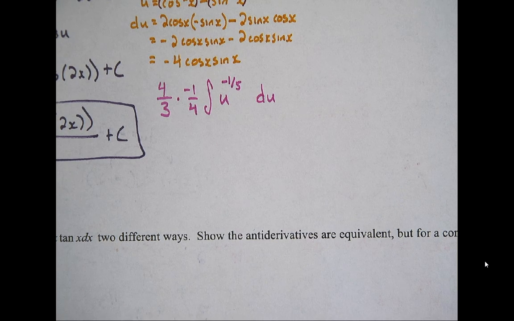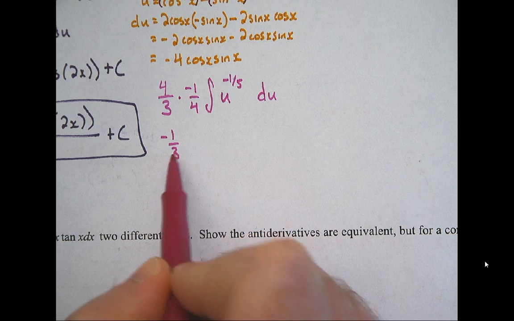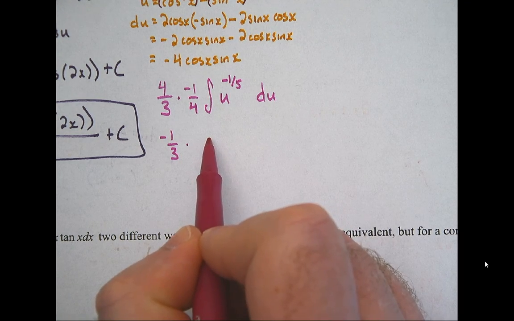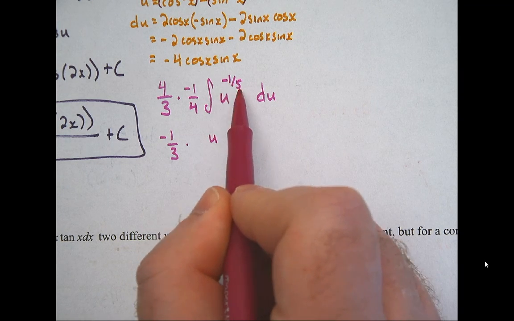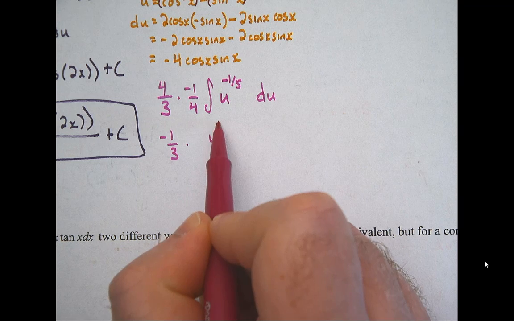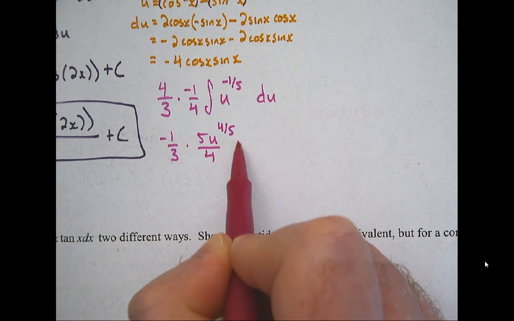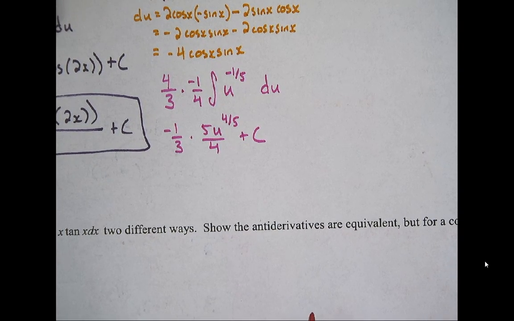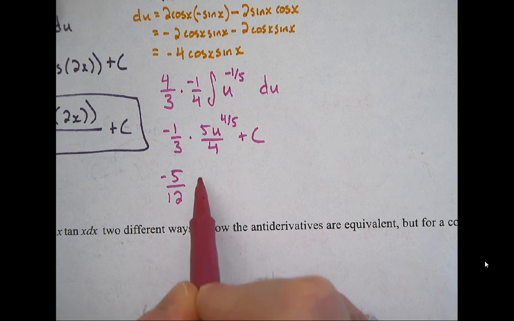So this is something that I can now integrate. I'm just going to make that negative 1/3, have those 4's cancel out. Multiplied by u to the, add 5/5. That would be 4/5. Flip and multiply. Don't forget your plus c. And now we would get our final answer of negative 5/12